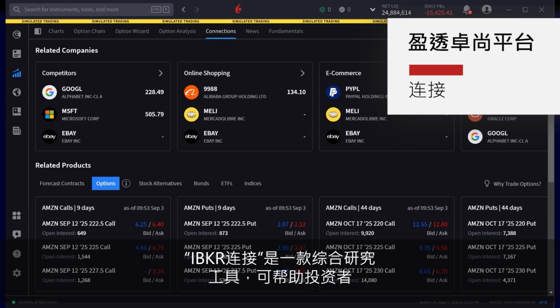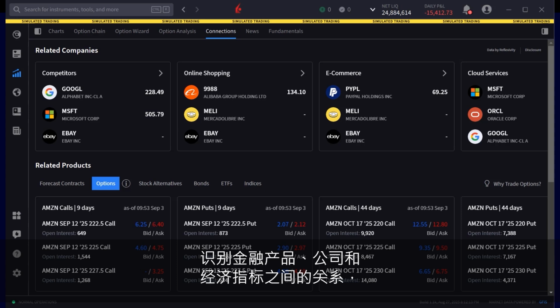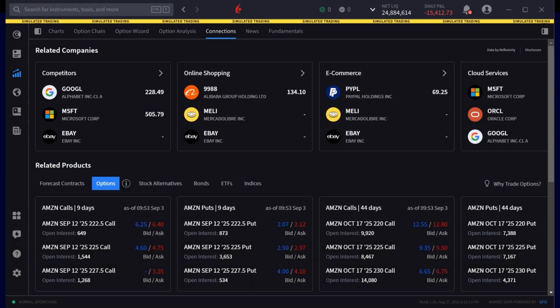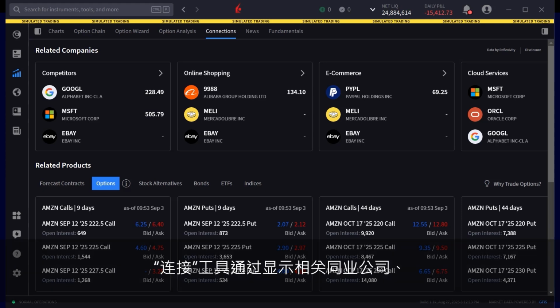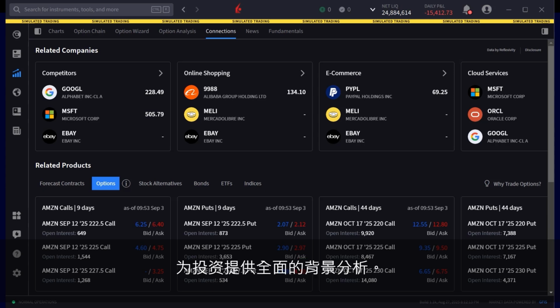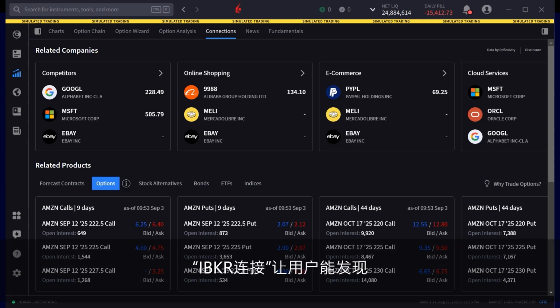IBKR Connections is an integrated research tool that helps investors identify relationships between financial instruments, companies, and economic indicators to enhance investment decision-making. The Connections tool contextualizes investments by showing related peer companies, tradable instruments across asset classes, and both macro and directional strategies. IBKR Connections enables users to discover hidden relationships in the market, as demonstrated when analyzing tech